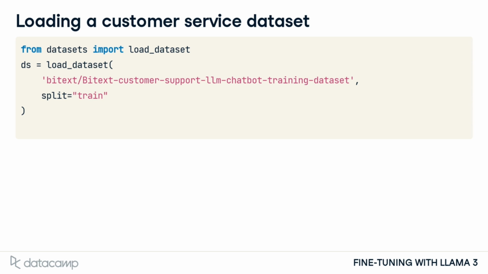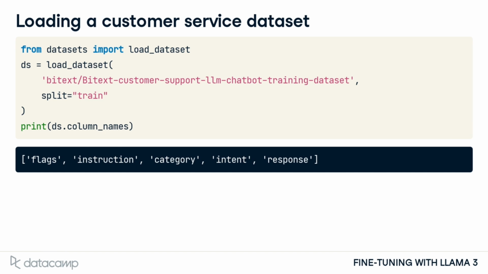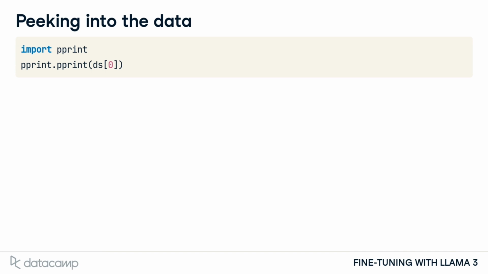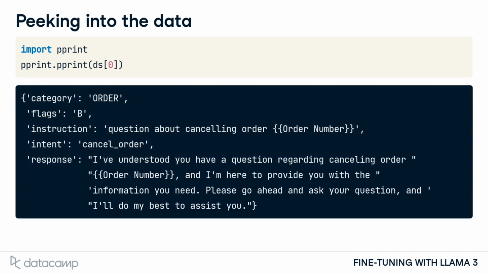Usually, we'll use this feature to predefine the data's training, validation, and test sets. Once loaded, we can take a look at the dataset's columns relevant to our task, such as instruction and response. Let's inspect the first data point. Each point is a dictionary of column names and values. We are interested in the instruction and response columns for this use case, as they contain the customer service question